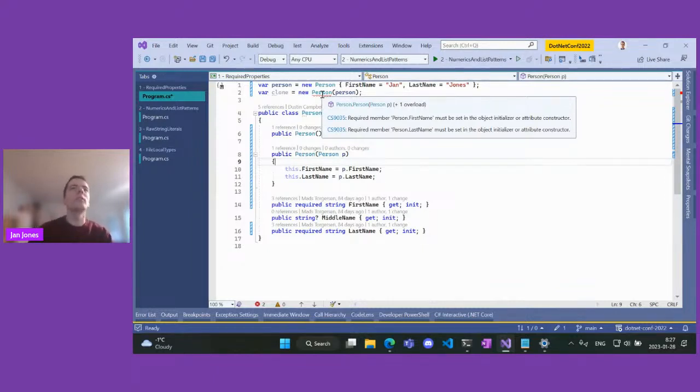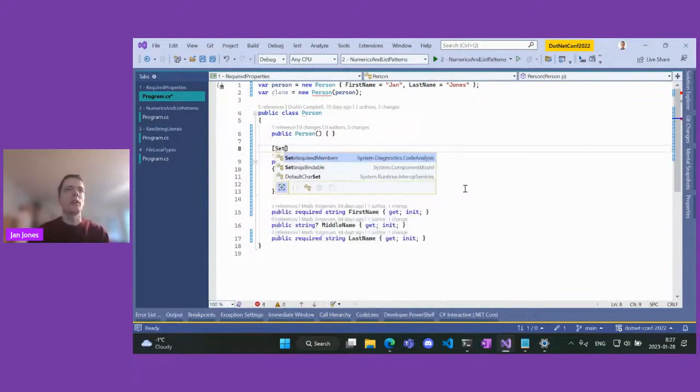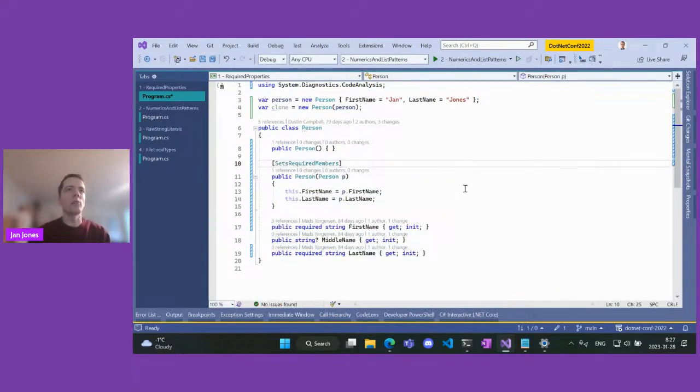So you have to tell the compiler somehow, and it's possible to use the attribute SetsRequiredMembers to tell the compiler that this constructor should set all required members, and the warnings, the errors go away. You could even use some sort of reflection to set all properties.